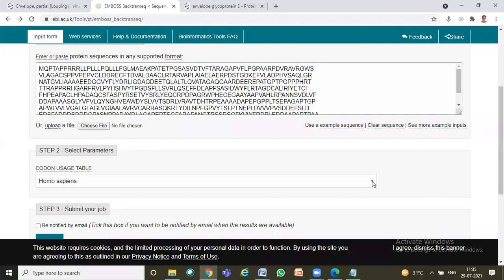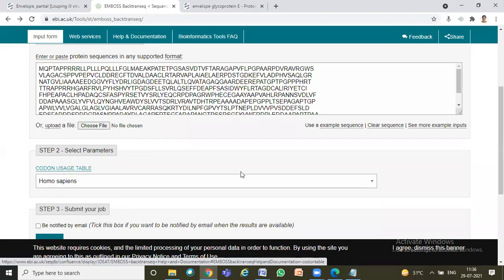For most amino acids there is more than one codon. Among 3 to 4 codons, a particular organism will have only a particular type of codon for an amino acid. That is called codon usage. So codon usage varies a little from species to species, right?